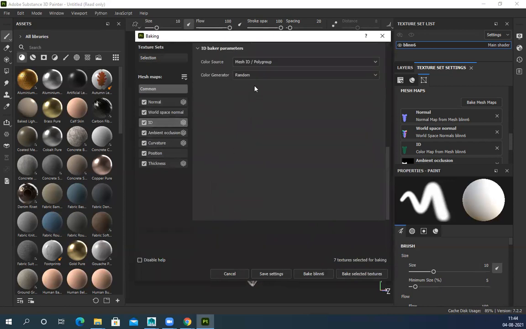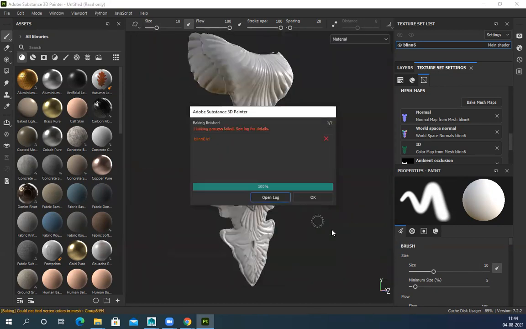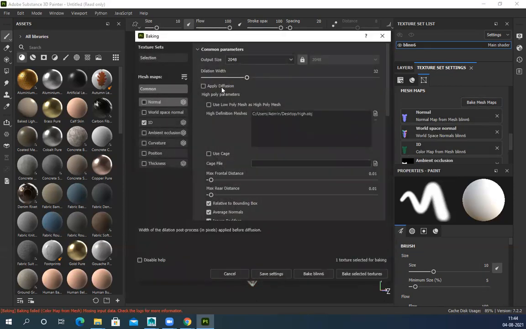So I'll go to ID, but this is correct to me, right? Okay, let's see. Vertex color, and switch off everything. Only this. Not baking. It should be.